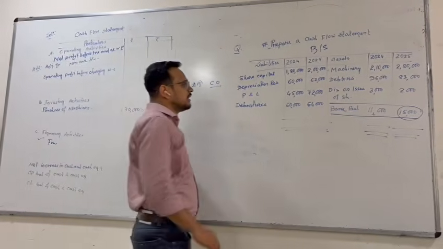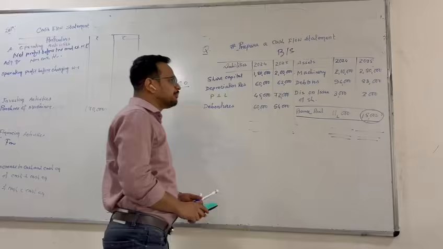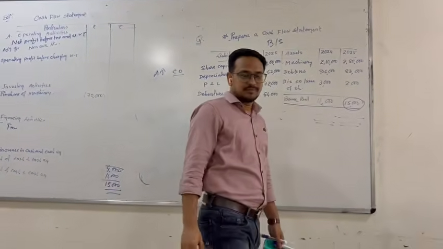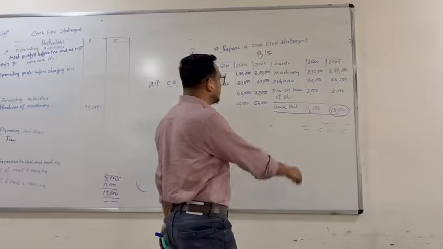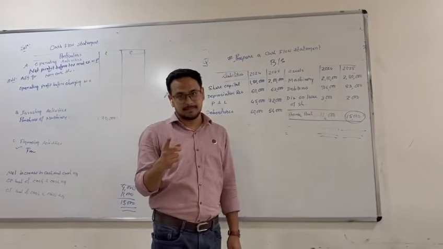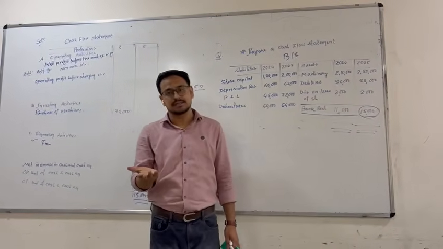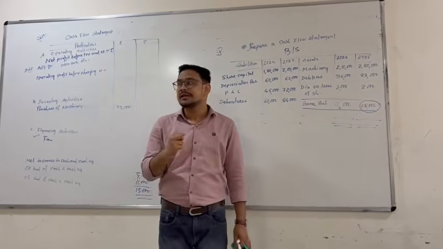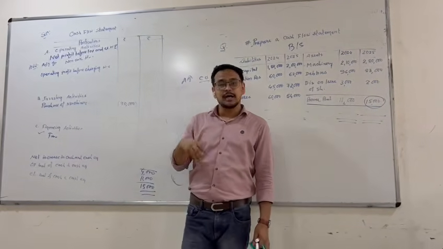Achha, machinery done. Come to our debtors side. Debtors is 9683. Debtors are our current assets. Machinery, land and building, plant and machinery are fixed assets. Now what is a current asset? Current assets are those assets